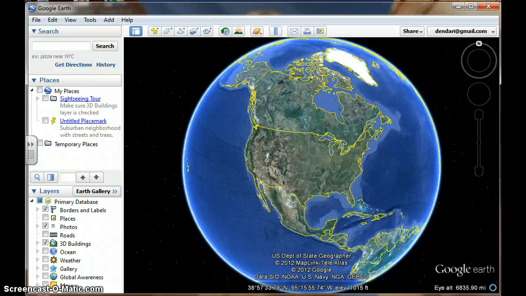All right, welcome. This is just a quick, hopefully, overview of Google Earth for geography and the five themes of geography. First of all,